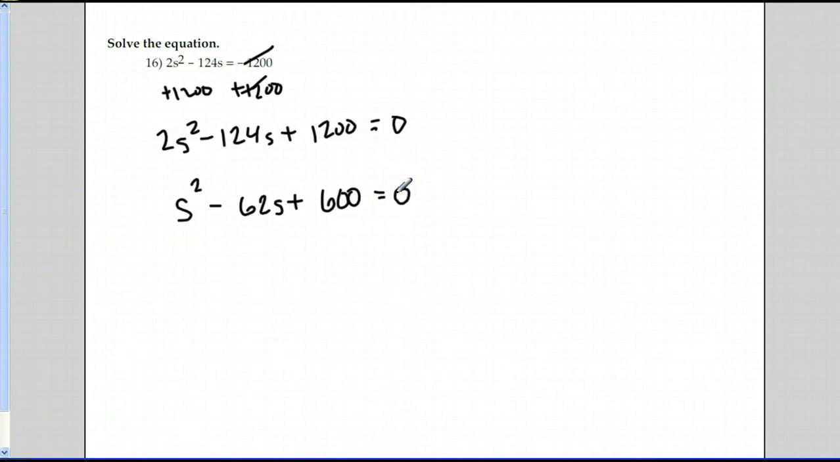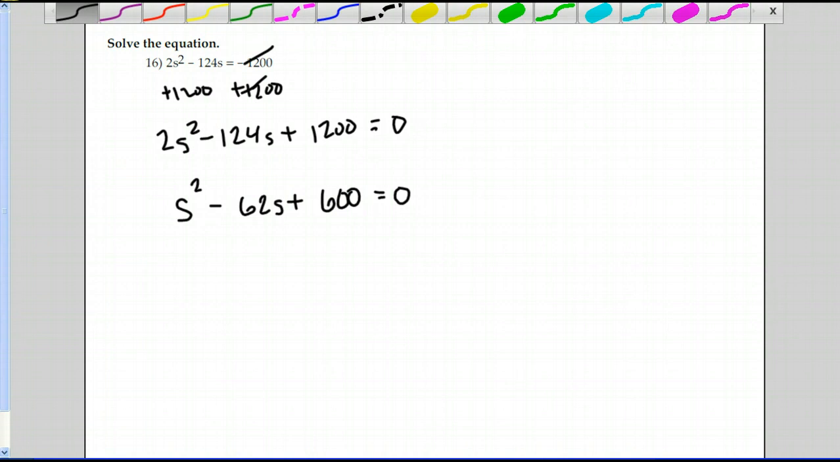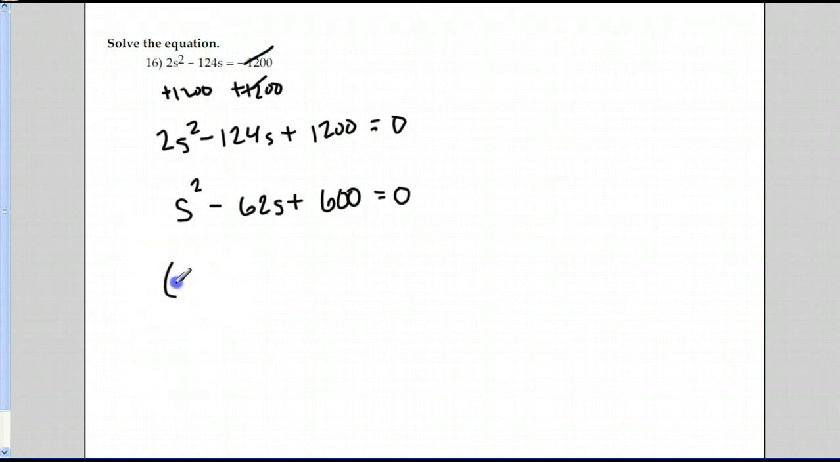Alright, now if I want to factor this, I would need two numbers that multiply to 600 and add to negative 62. So they're both going to have to be negative for this to work. Alright, and the two numbers that multiply to 600 and add to 62 are going to be 12 and 50. Alright, and then if you need to, FOIL it back out and verify you get this. S times S is S squared, minus 12S minus 50S is minus 62S, and then negative 50 and negative 12 multiply to